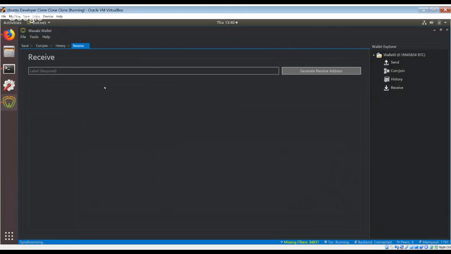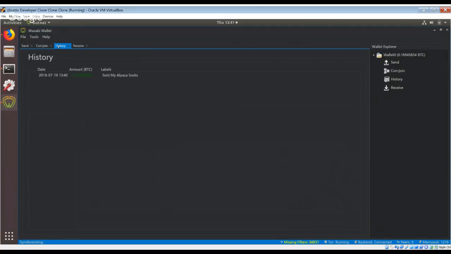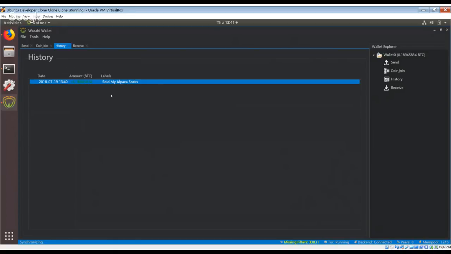So it's sent. The address disappeared. This might not have been the best decision, but the address disappeared, so you cannot reuse it. And you have a history tab, and in the history you can see the usual stuff, that the Alpaca socks